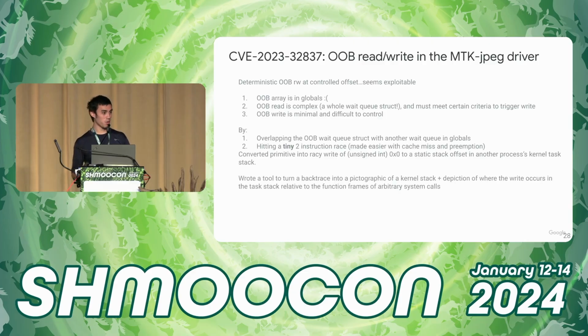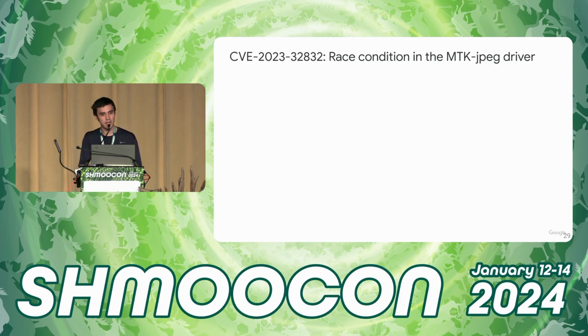And so I actually wrote a tool to turn a backtrace into a pictographic of the kernel stack and have a depiction of where the write occurs in the task stack relative to the function frames of arbitrary system calls. If that sounds really complex and you didn't understand any of that, that's okay. I couldn't find a way to exploit it anyway. But if this nerd sniped you, come talk to me afterwards, because I'd love to hear different theories for how this might be exploitable. It feels to me like I should be able to exploit this, but I wasn't able to find a way. So I decided to turn to this other bug, this race condition,